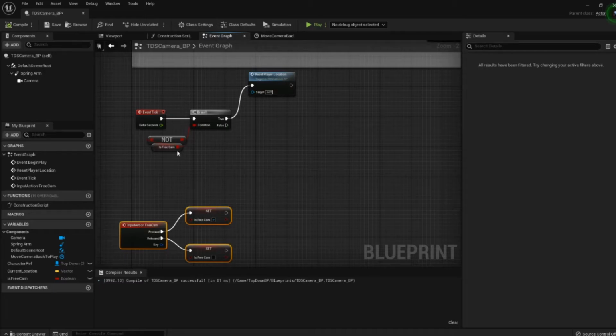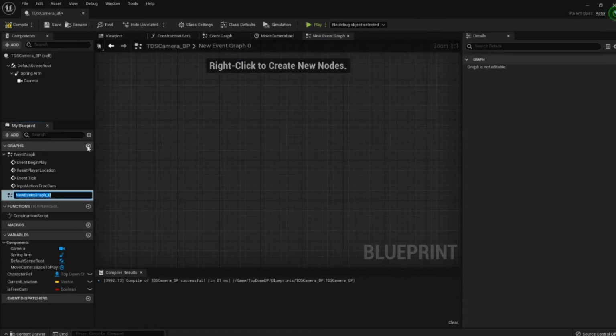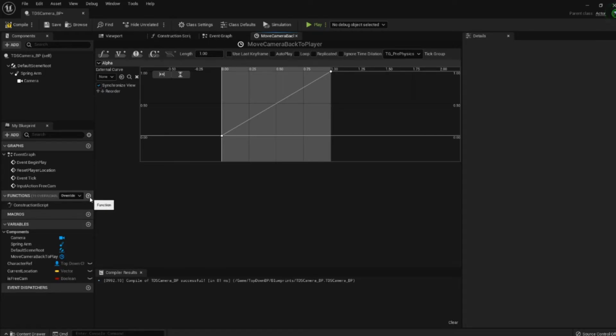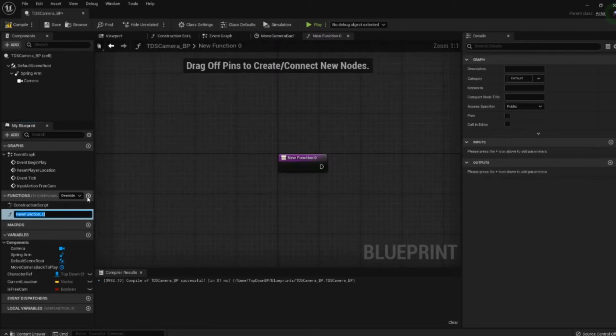Now we need to start working on a couple of functions to get the camera moving. I'm gonna go ahead and do a function that's not all that pretty. This will actually have a little bit of a description, or some stuff in the description below to kind of help you guys out with it. But go ahead and do this. So under graph, why did I do that? I did this when I was messing with it last night too. All right, so don't create a new graph, sorry, create a new function and just call this get